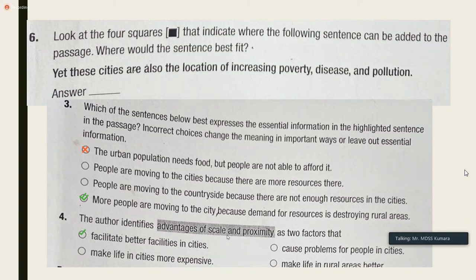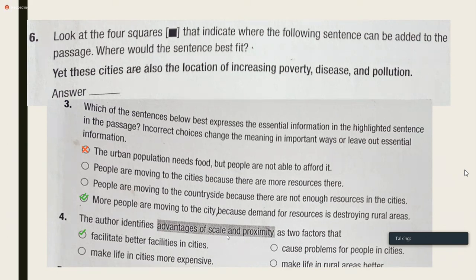Advantages of scale and proximity. So that's about cities. In cities, services can be delivered in large scale. So this is why actually like this service providers like teachers, doctors, and all, they will come to the cities, because in cities you can do it